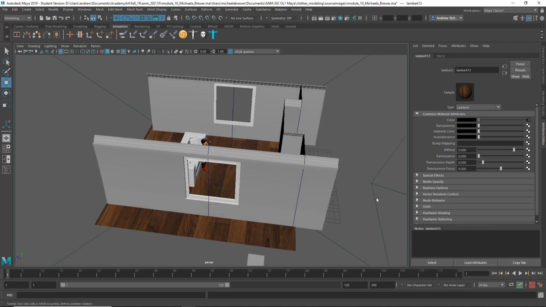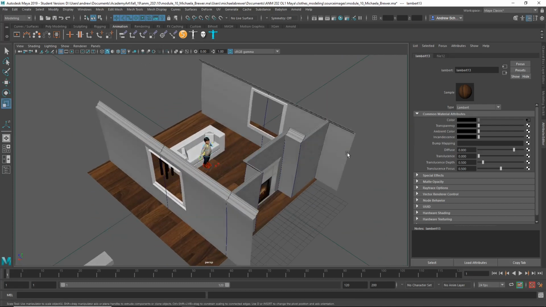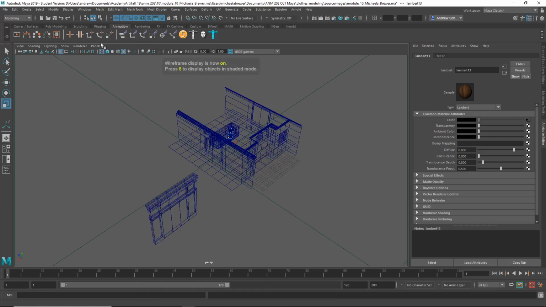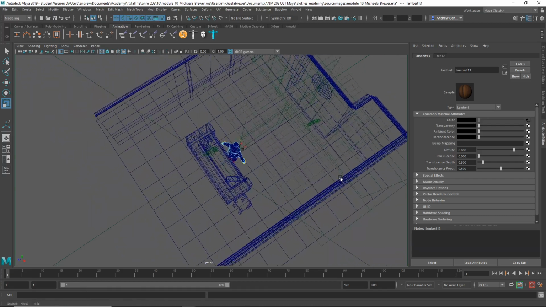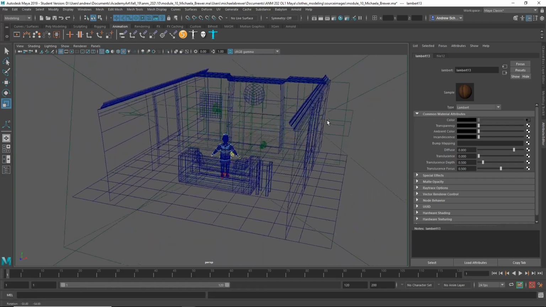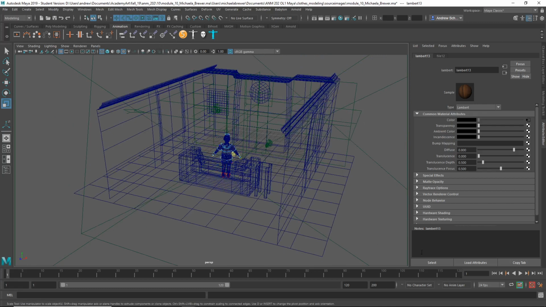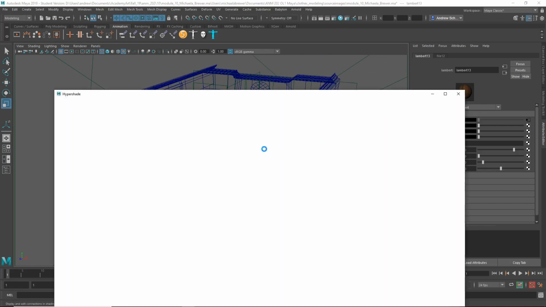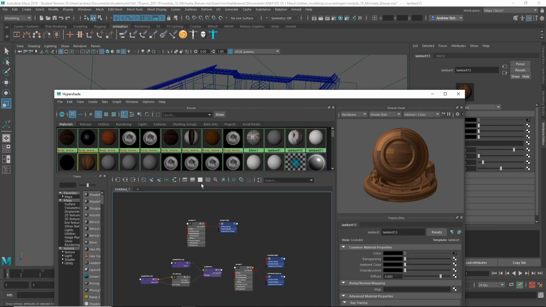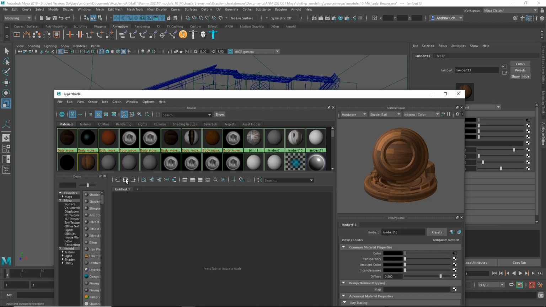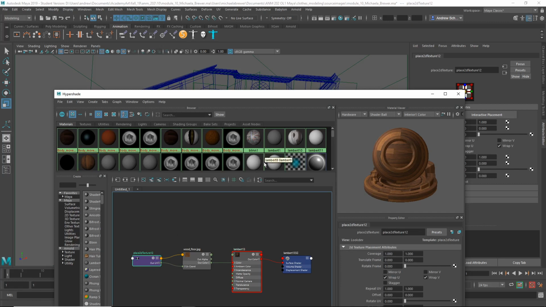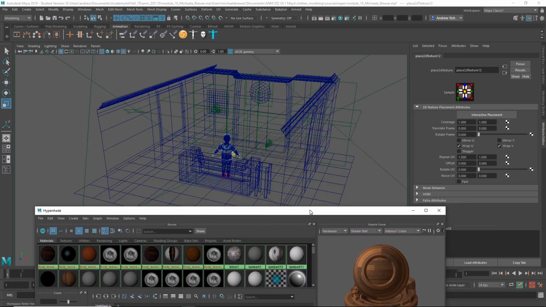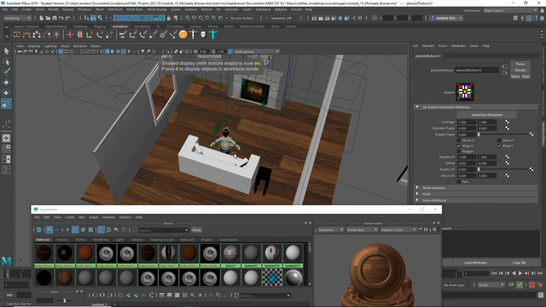So you could select that and where is it? Is it hidden? Oh, yeah. I don't know which projection it is. I guess let's select this and then go into the hypershade. Clear this, and then show that. Oh, I thought it was projection. I guess not. Okay. Anyway, so I think you would just want to repeat this a lot more because those